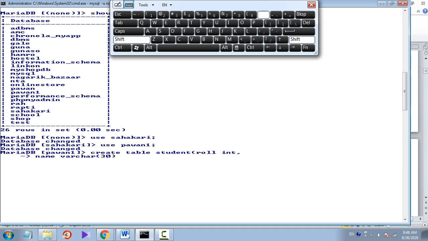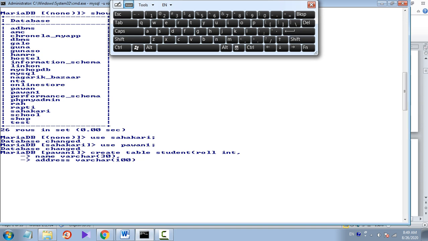I have specified the size of varchar to be 30. In int, if we don't give its size, it will take default size. Name is varchar, comma, similarly let's put address. Address is also varchar, suppose size of 100.